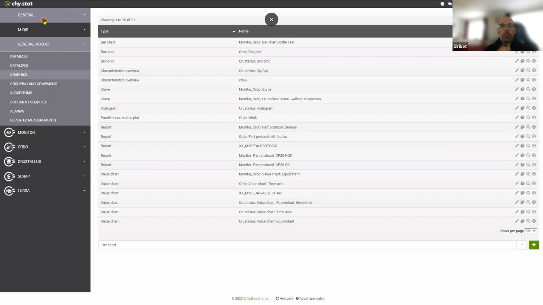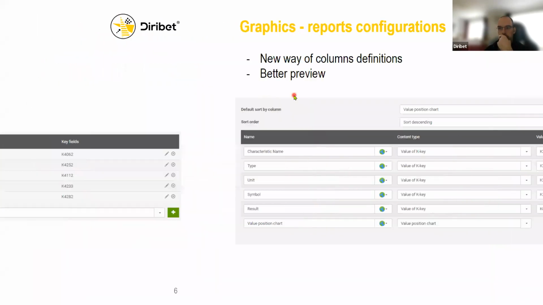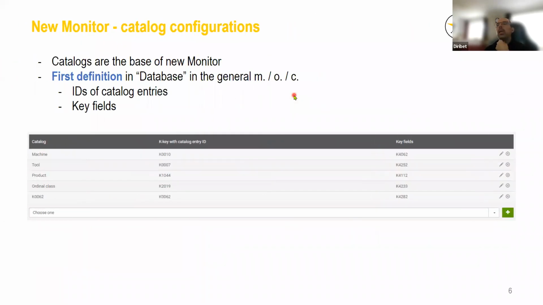And now I think we can go for the new monitoring. So what's the biggest news? The biggest news in the monitor is that until now, the only catalog you could use for the monitoring data was machine. Nothing else was possible. From now, you can use any catalog you have. So, for example,